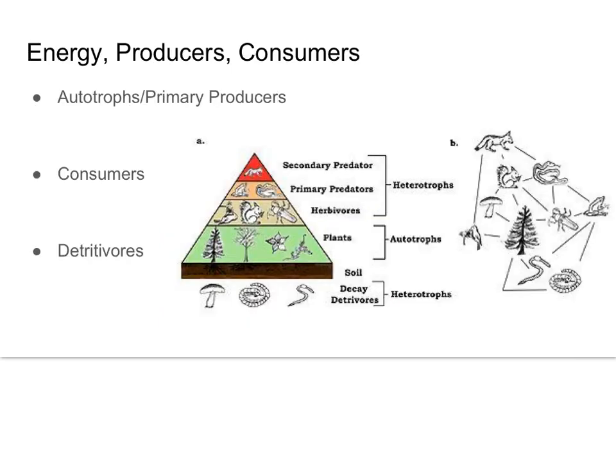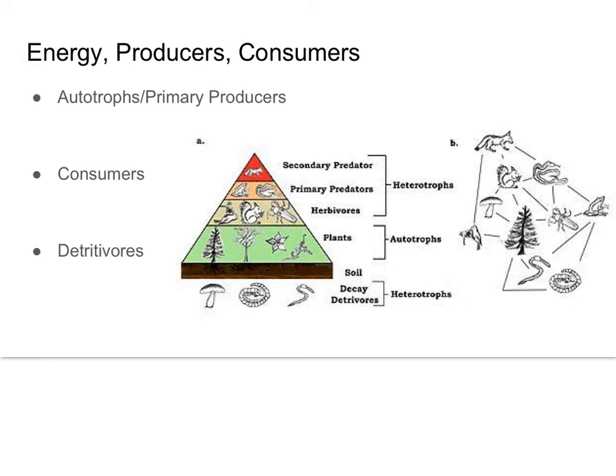There are three really major things in the biosphere, and those are energy, so how energy flows through an environment, and that's going to involve your producers and your consumers. This is something that we've talked about regularly as the semester has gone on, so hopefully this is partially a review.